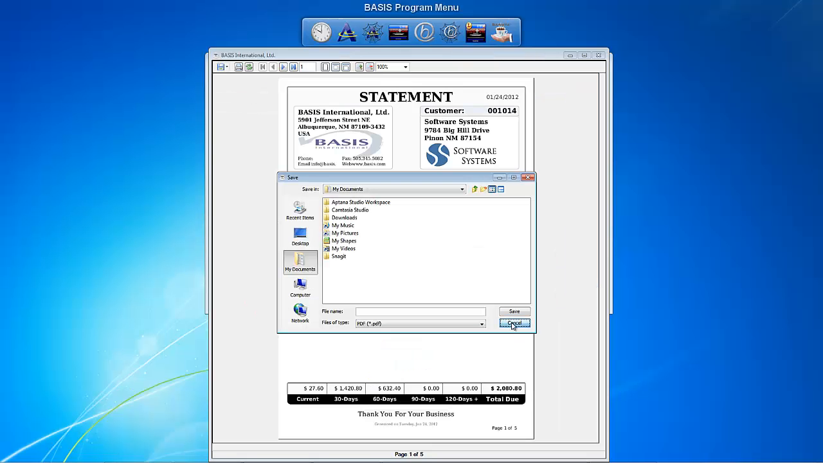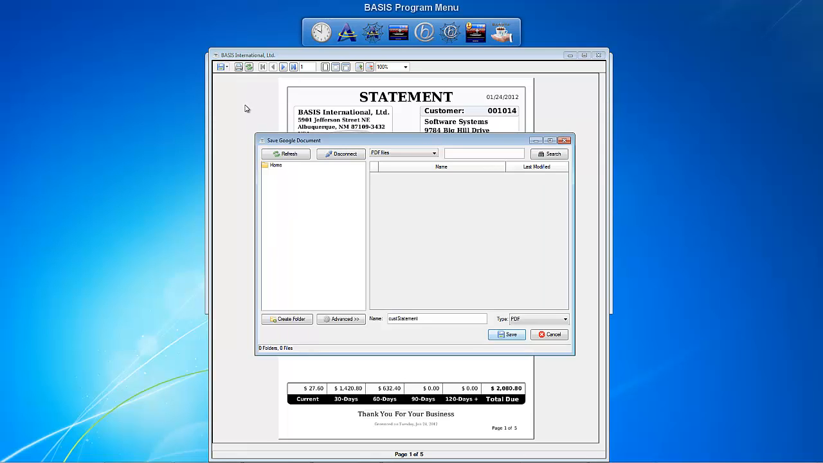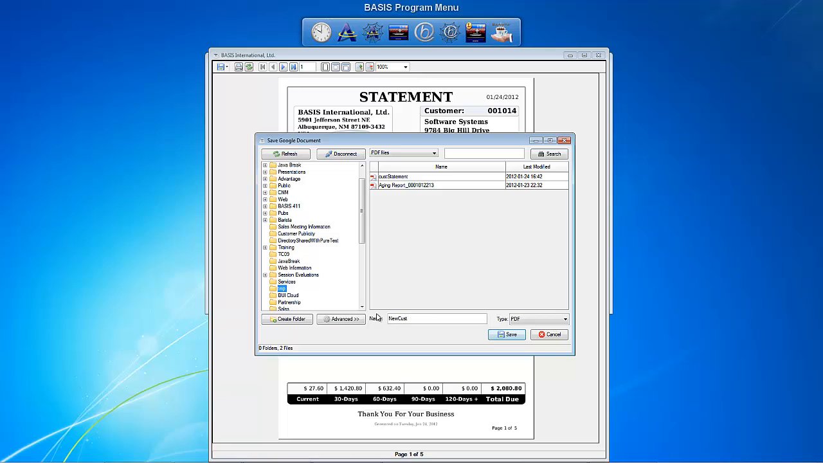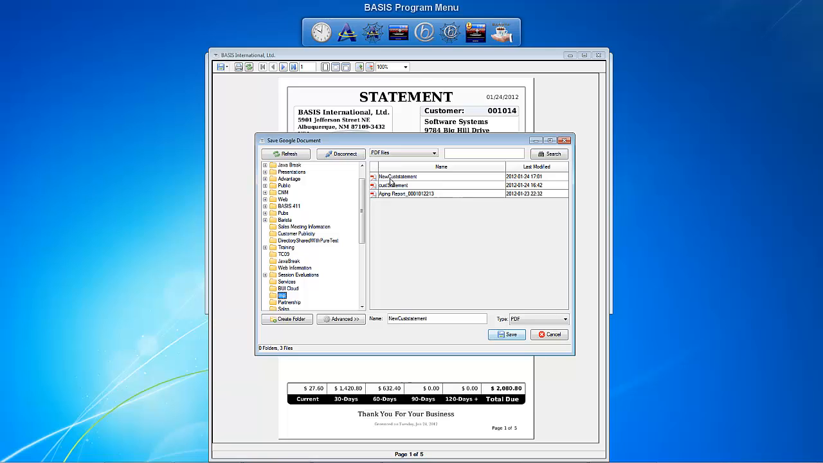Now we're going to cancel here, and we're going to go look at our additional save option, save as a Google Doc. This opens up an interface to Google Docs and gives us the ability to save files up into the Google Docs cloud space. Here I'm going to click on my temp directory, new cust statement, and I want to save that as a PDF. So I go ahead and click save. Save as a Google Doc. Go back to my temp directory, and you can see that the new cust statement from today is saved there